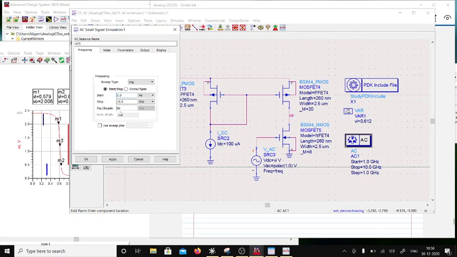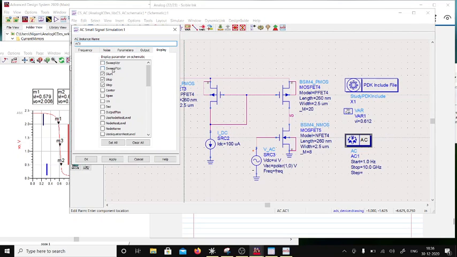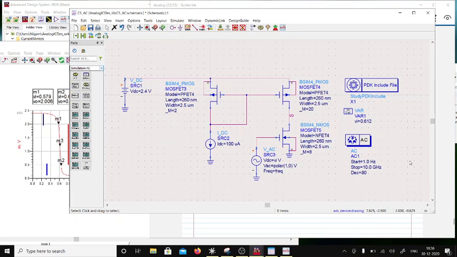Okay, so I'm doing 80 points per decade. I'm going from 1 hertz to 10 gigahertz. So don't worry about this, or if you want you can correct this. You don't have a step here. Okay, 80 points per decade. So now I'm going to hit the simulate button,